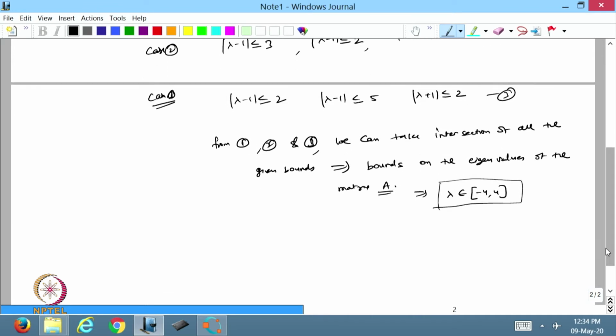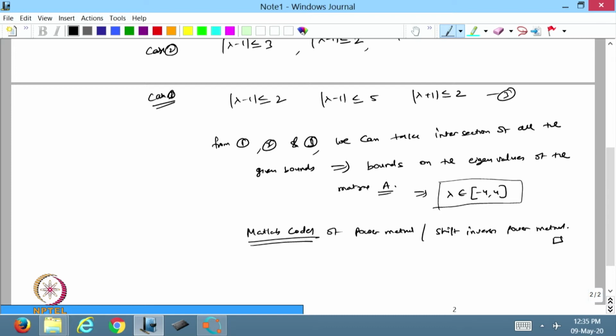So now we will go for the MATLAB codes of the power method, shifted power method and shifted inverse power method.